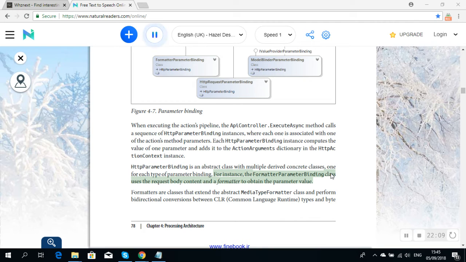For instance, the FormatterParameterBinding class uses the request body content and a formatter to obtain the parameter value. Formatters are classes that extend the abstract MediaTypeFormatter class and perform bidirectional conversions between CLR (Common Language Runtime) types and byte